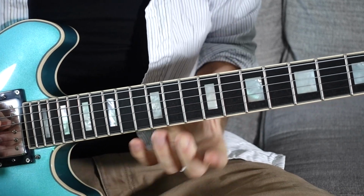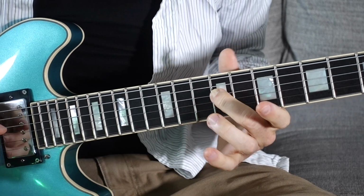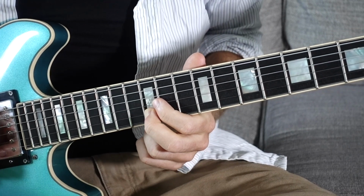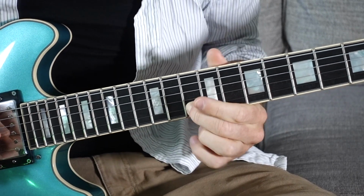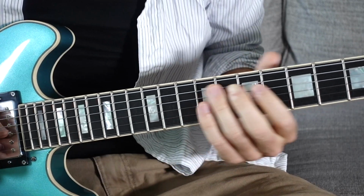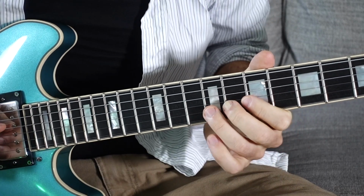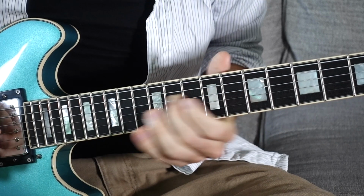And then if you know anything about the minor scale, you know that there's my root note, there's the octave, the 7th note in the minor scale that makes it a minor 7 is 2 frets back from the octave as compared to when we were in the G, 1 fret. That's one of the differences between the major scale and the minor scale, or a major 7 arpeggio and a minor 7 arpeggio. So we've got,